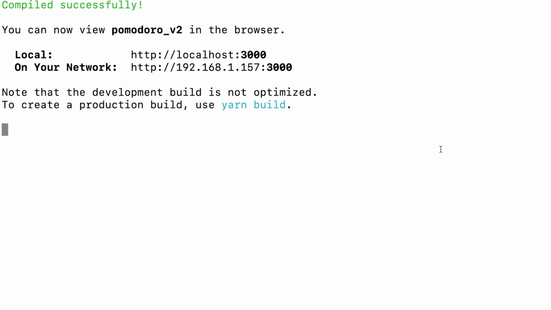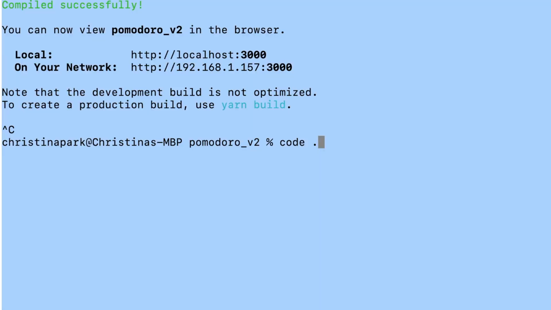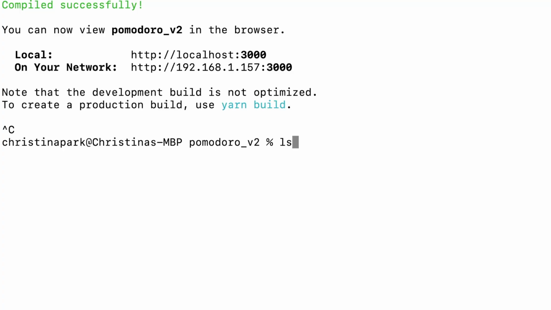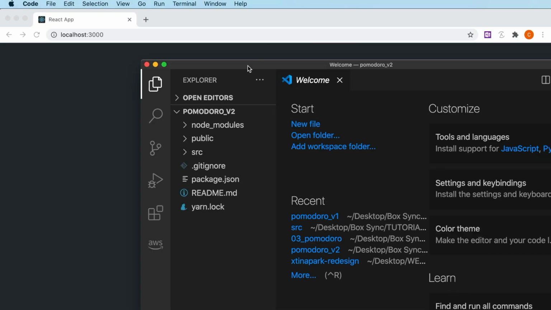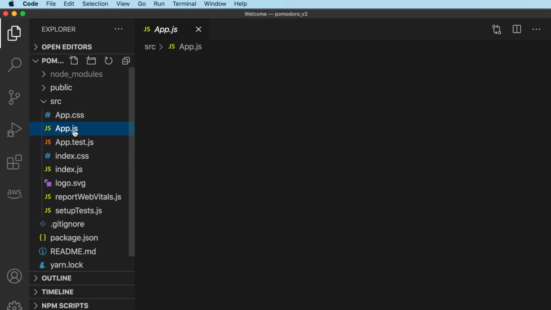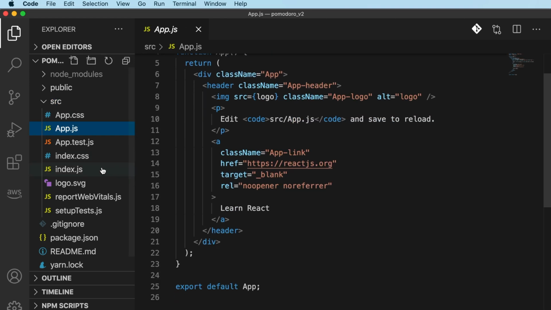I will make this run again, but first I'm going to do code dot so that we can open up. Here, let me just show you what it is again. ls, we have all of this stuff in our application. I'm going to do code dot so that we can open it up and see it in VS Code. Okay, first place I'm going to want to go is app.js. Actually, maybe I'm